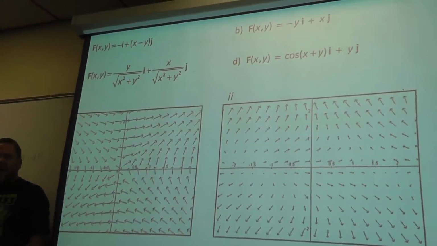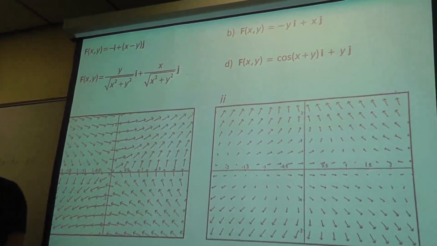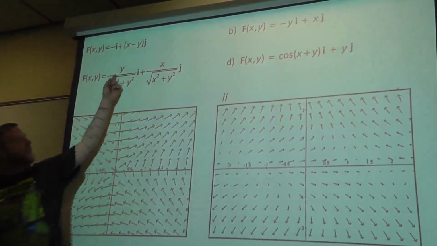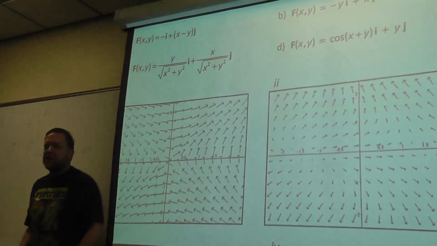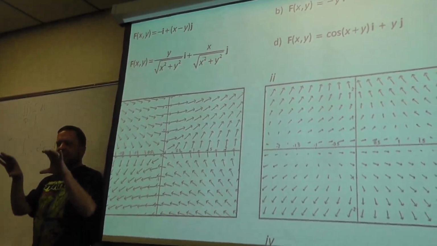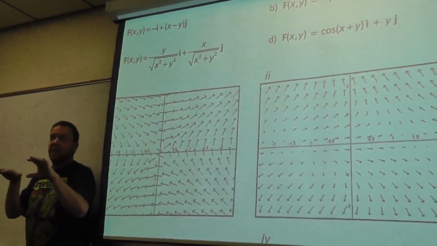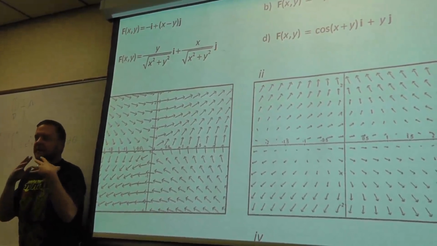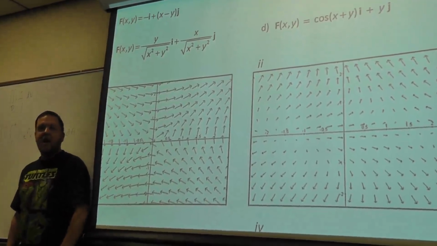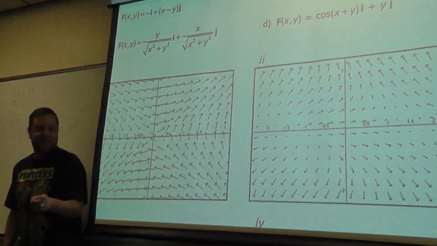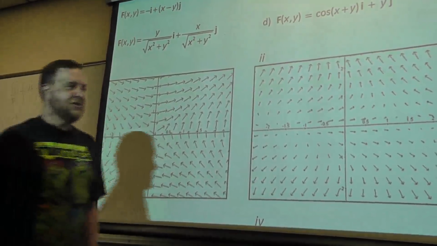What's going to be true about every single vector in that field? If it's positive? No. Well, you've got an interchange of y and x, so you can have some sign changes, but if the original components of a vector were yi and xj, and you divide yi plus xj by root x squared plus y squared, what have you technically done to every vector in that field? Unit vector. You've unitized every vector. Every vector in this field should be of length 1. And of the 4 shown here,